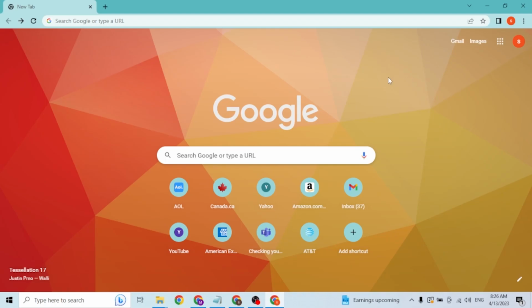Today I'll be showing you how to remove your Google account from your Google Chrome. And now let's dive right in. Now to remove your Gmail account or your Google account from the Google Chrome itself,